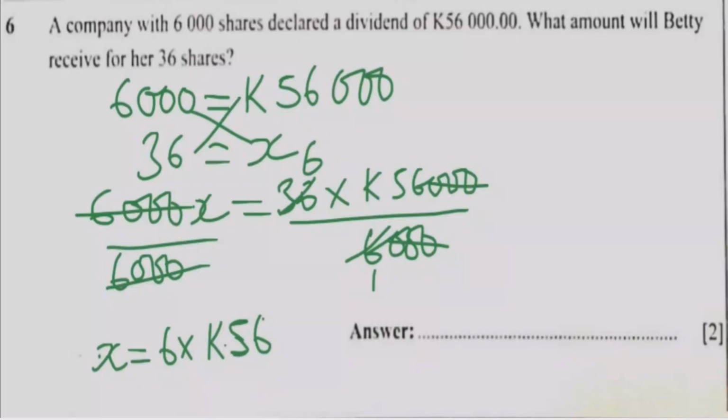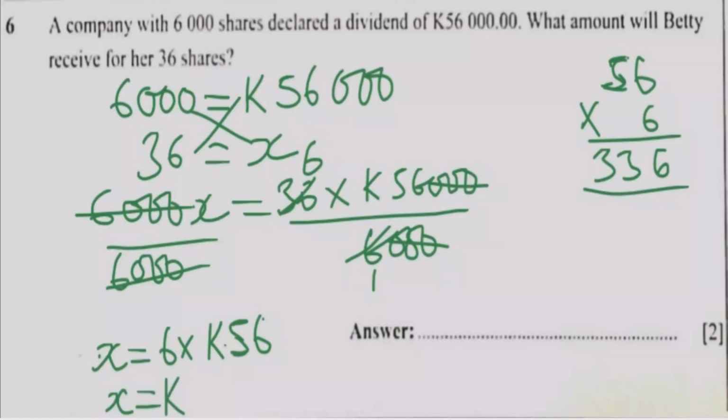What we can do is now we can say X is equal to, so what we do is 6 times 6 will give us 36. Remember, I'm trying to multiply 56. Okay, 56 times 6. So what are we going to get? 6 times 6 will give us 36. So I'm going to write 6 carry 3. 6 times 5 will give us 30, plus 3 will give us 336. Okay, so 336 is the amount